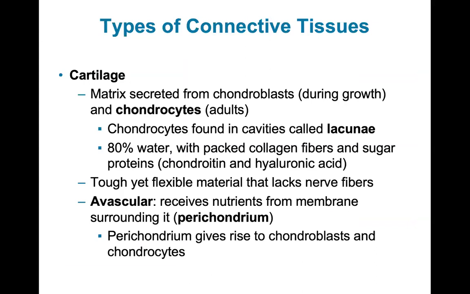Okay, so those are the 6 different types of connective tissue proper. The next type of connective tissue is cartilage. Cartilage is a matrix secreted from chondroblasts during growth and chondrocytes, which is what we see in adults. Chondrocytes are found in cavities called lacunae. 80% water